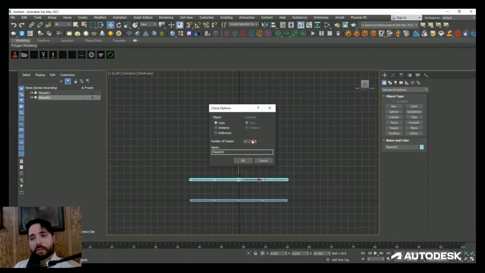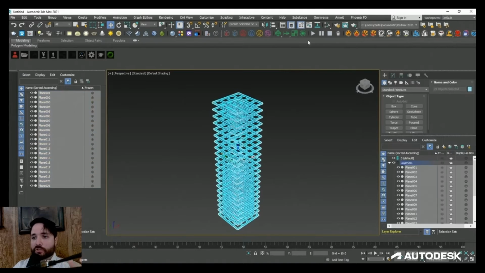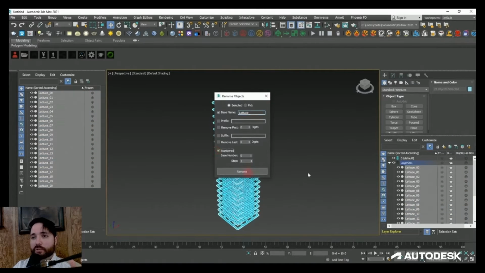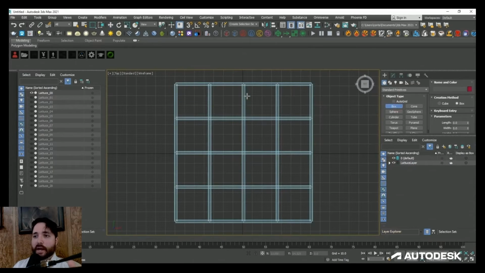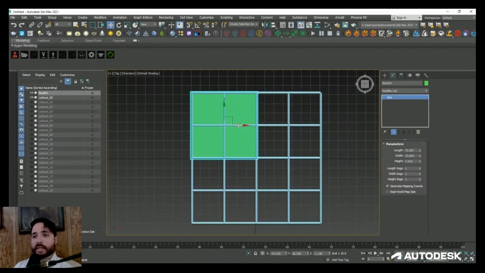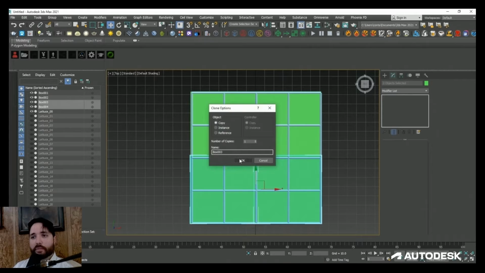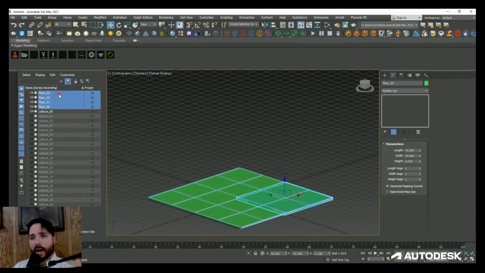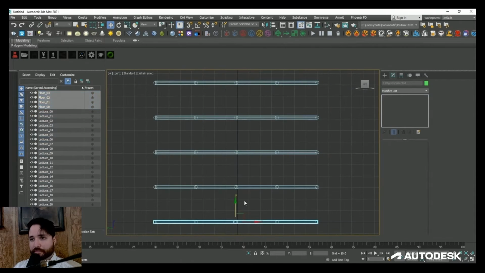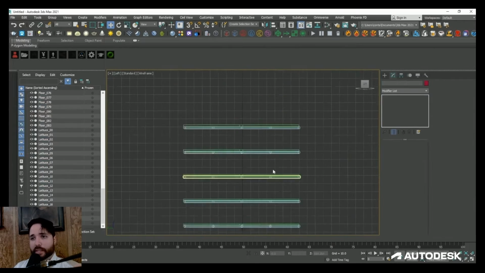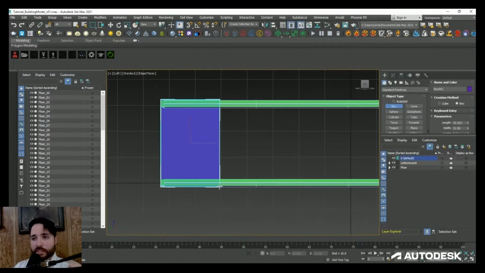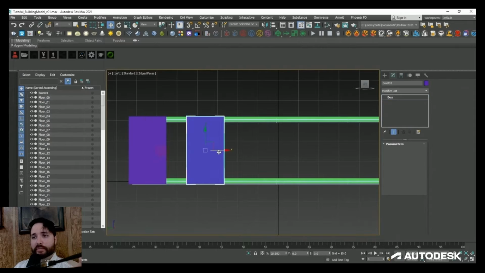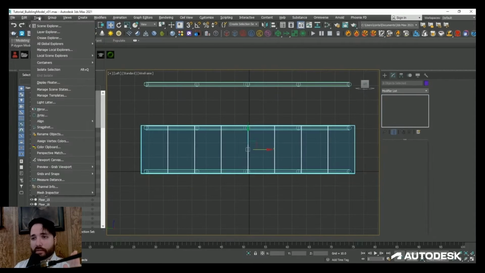Now, the way I built the 3D model was fairly simple. I had my structural layer built using a lattice modifier in 3ds Max, and then I had my floor layers, which were just boxes made in a 2x2 grid. So I played around with repeating and duplicating these layers, and that's how I completed all the floors. Once I was done, I just created the window layers of the building, once again using the boxes, and I adjusted the pivots so that they will align along the bottom part of the layer.